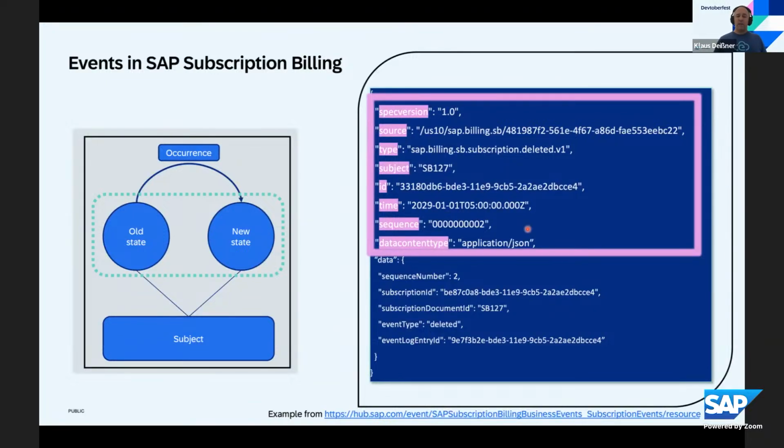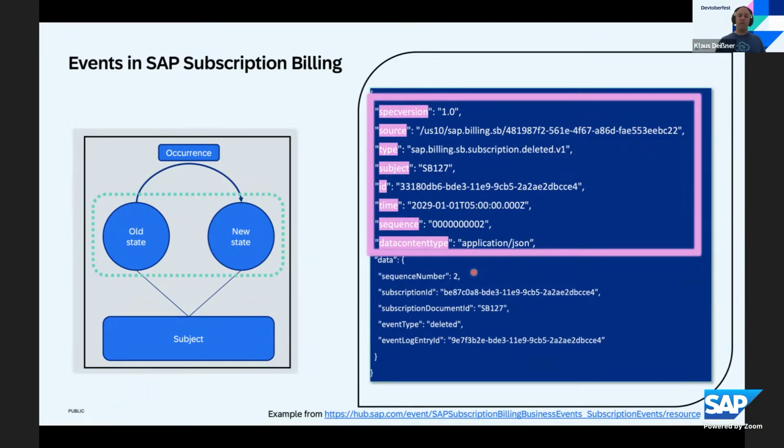The data content type here is JSON. So the business part of this event is encoded in JSON. You see that it's almost the same data that is already somehow contained in there. But the difference is that this is specific for the application subscription billing, and they have other events where there's much more information in data.